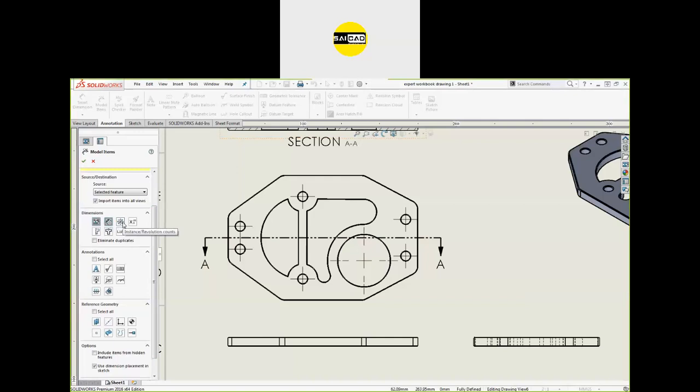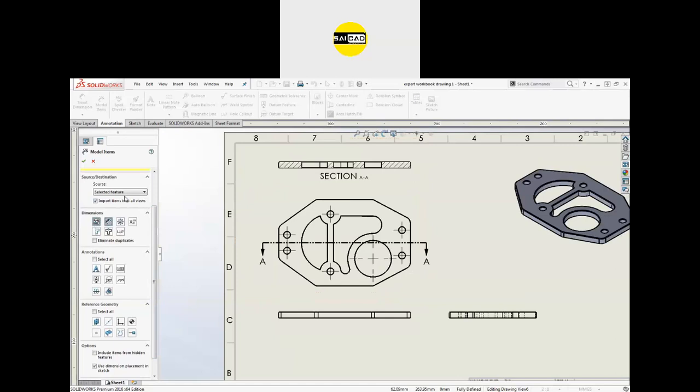If you want to show the number of items or instances, if you have applied a circular pattern, you can show that from here. If you have applied a hole with the hole wizard, you can show the callout from here. If you want to show the location of the hole, you can do that from here. If you want to show the hole wizard profile, you can do that from here. So we have multiple options. We just need to define right now the dimensions of the object. So just select the first two options, and there is the option entire model or selected feature. Okay, so I'm going to use the selected feature.